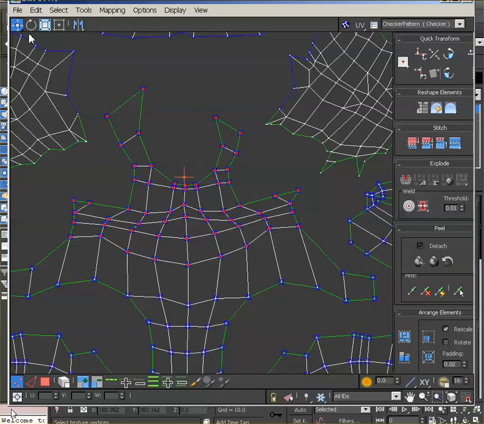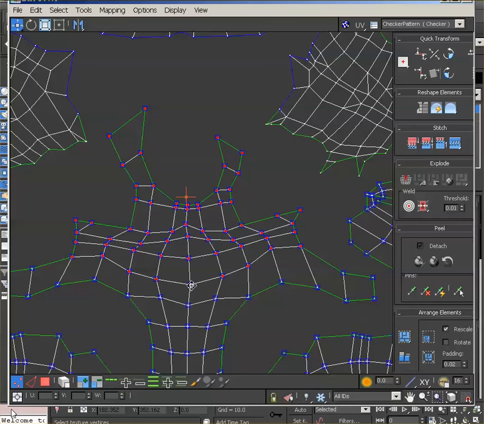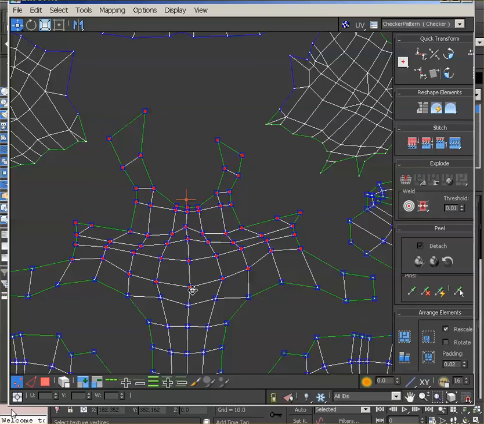And what I'm going to do is with the move tool, I'm going to move them down. Why am I doing this? To make sure these polygons over here don't stretch too much. That is all. That's all I'm doing. If they stretch too much,